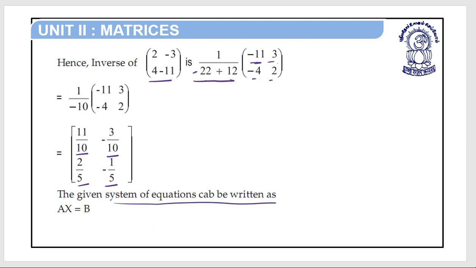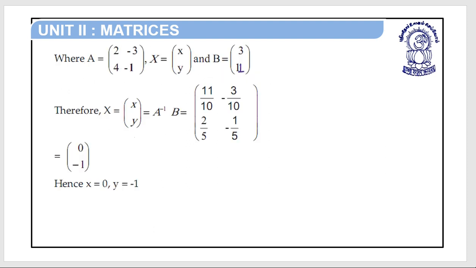The given system of equations can be written as AX is equal to B, where A is equal to [2, minus 3; 4, minus 11], X is [x, y], B is equal to [3, 11]. So X is equal to A inverse B. Here the value of B is missing, so write down the B value matrix [3, 11]. So 11